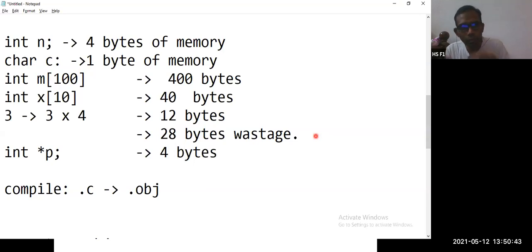So all of this is static memory allocation, where at compilation time the memory is allocated for all these types of variables, and this memory is fixed. We cannot change it. If I want to use an integer memory location of 6 bytes, I can't do that. You can go with integer or with long. Long is going to allocate 8 bytes. If we want 6 bytes, that is not at all possible.